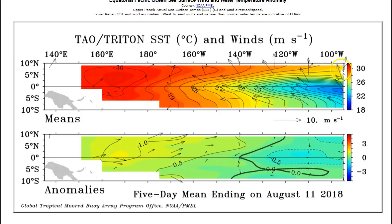So right now we have, and this data is from the TAO buoy array, a series of buoys strung across the equator used for monitoring El Nino, but we can also use it for monitoring the MJO. This is 5-day average data, so it's not real time, but it gives you a sense of what's going on. We see big arrows here from the east, of course meaning easterly trades over the East Pacific, the date